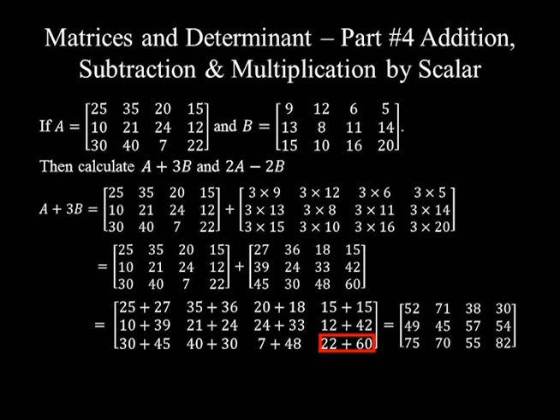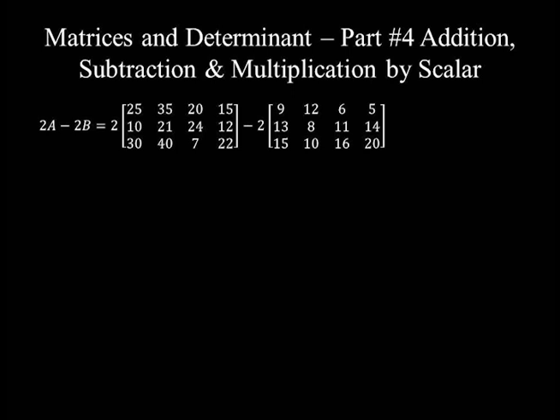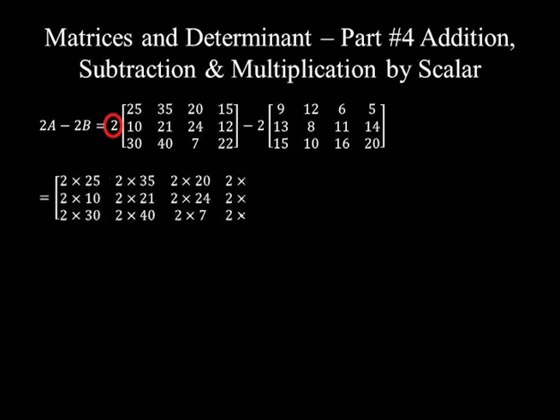When we come to the second equation, that is 2A minus 2B, it's about scalar multiplication and subtraction. Let's use a step-by-step approach for solving this problem. 2A minus 2B equal to 2 times A minus 2 times B. Matrix A and matrix B are already given above in the question. These two outside the bracket multiply each and every element inside the square bracket, minus also these two multiply each